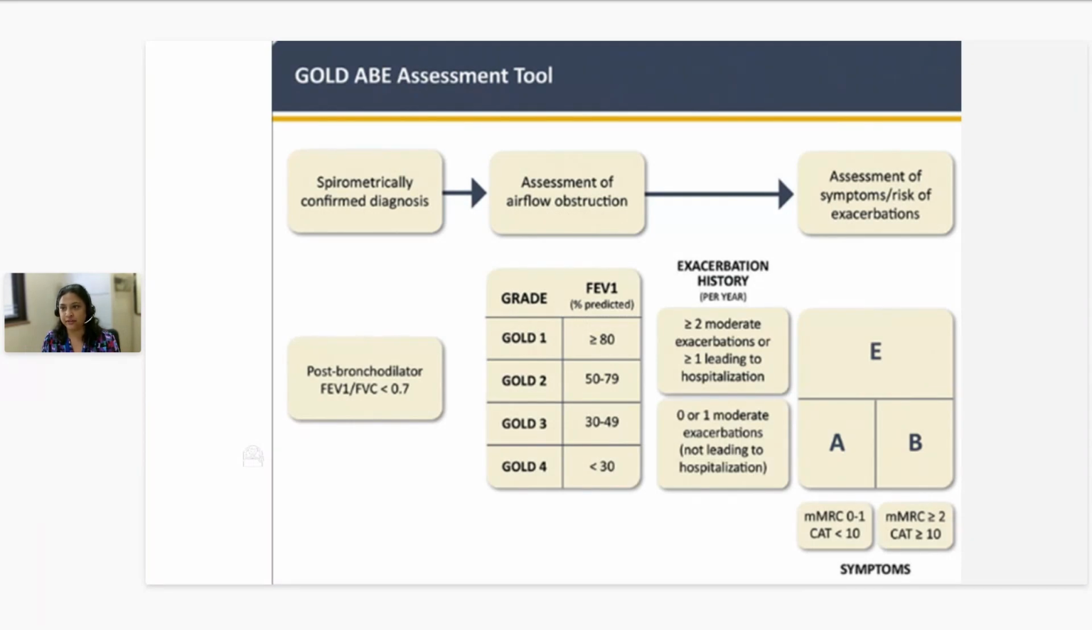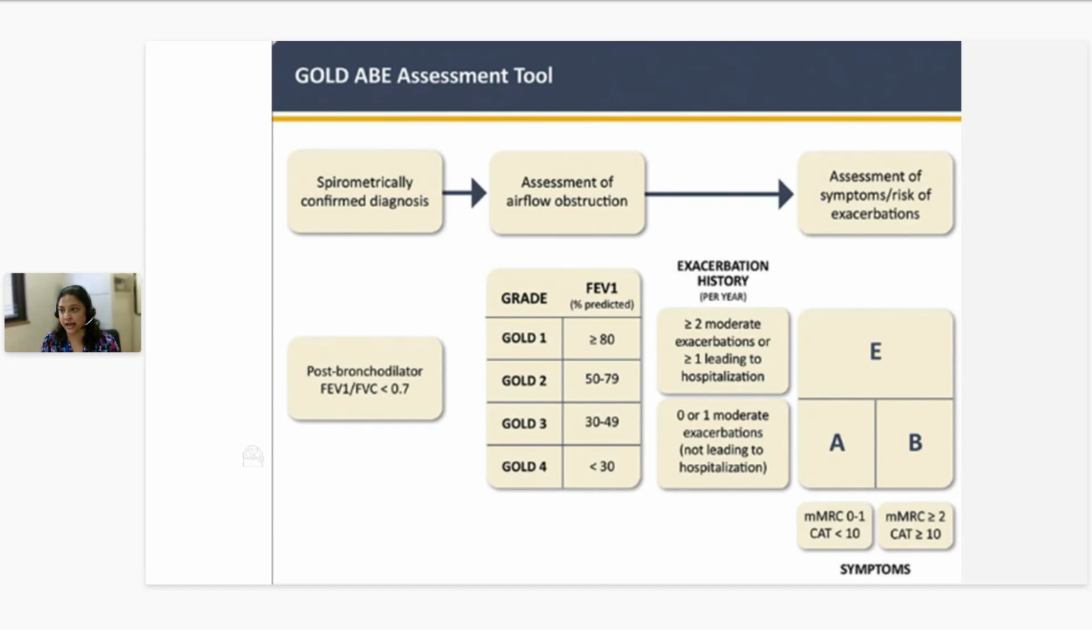Then the FEV1 dictates the severity by the GOLD standard, with FEV1 greater than or equal to 80% of predicted considered GOLD stage 1. 50 to 79% is GOLD stage 2. 30 to 49% is GOLD stage 3, and less than 30% is severe. It's GOLD stage 4. But another way to categorize COPD that we're finding clinically more helpful is this ABE system,